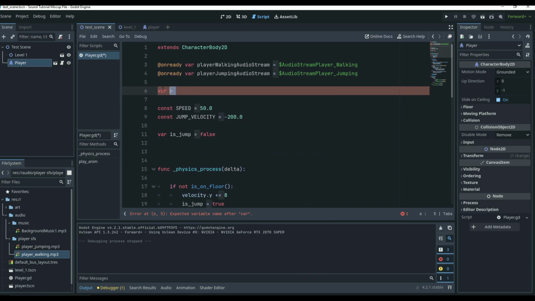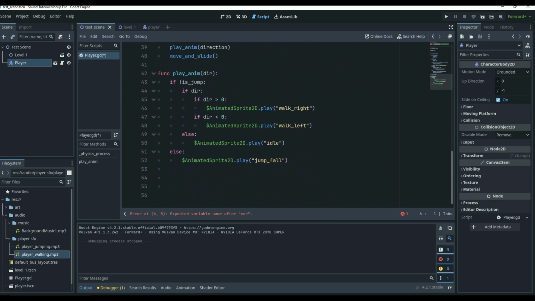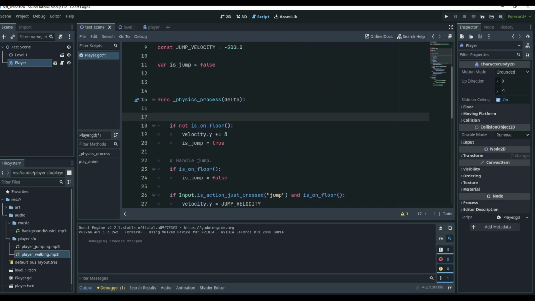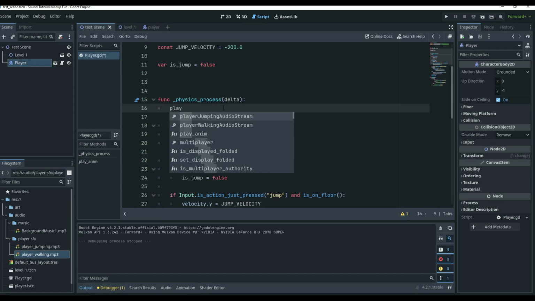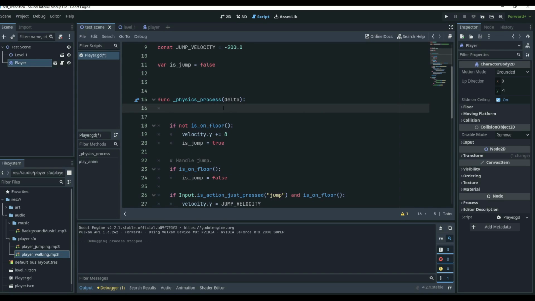So I guess we could do these down here, maybe down here in the physics process. Okay, so for this, you'd want a different function, for sure. You'd want to say something like a play sound function or update sound function, but I'm just going to do it here